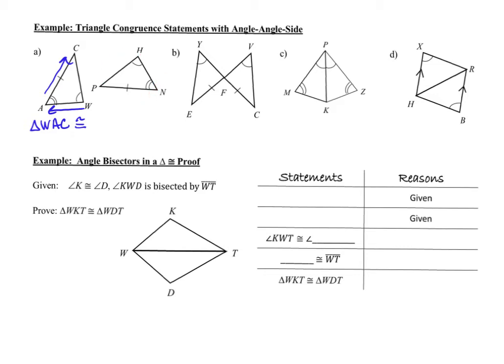Because I started at the angle with the W, I'm going to start at the triangle with angle H and move in the same direction towards the angle with the two arc marks. So if I start here and move this direction and continue that pattern around, you would name the second triangle HNP. For letter B, it looks like we might be missing an angle, but we know these types of angles are vertical angles. So we can label those as vertical, which will give me angle, angle, side with angle, angle, side. So if I name the first triangle, triangle YFE,